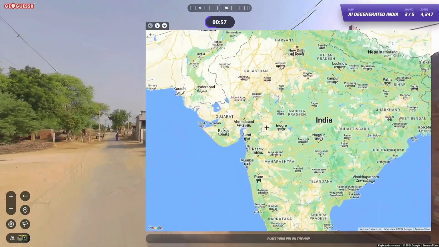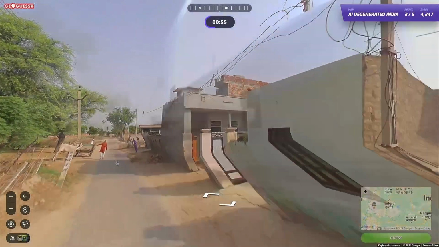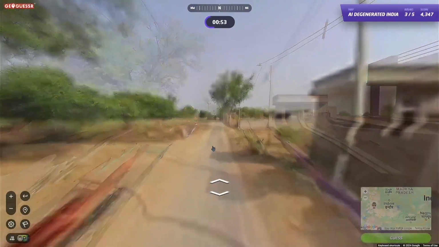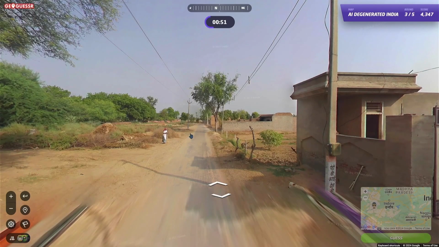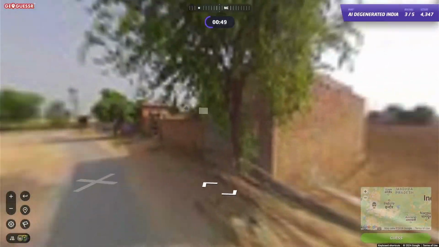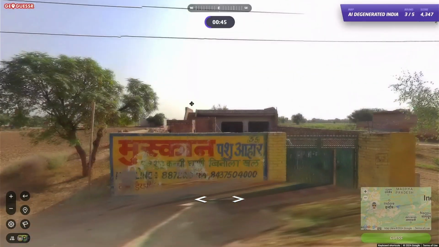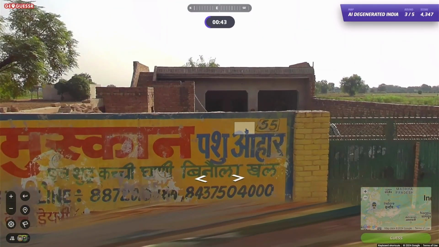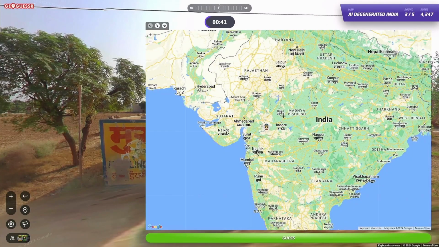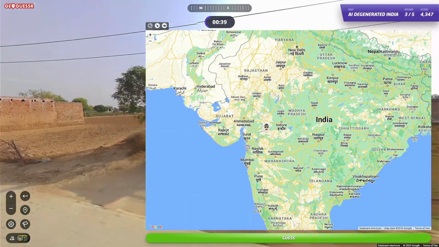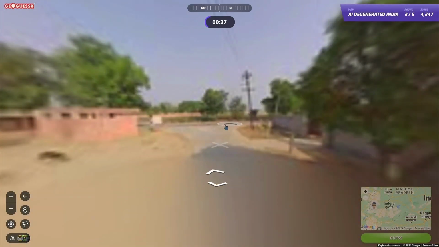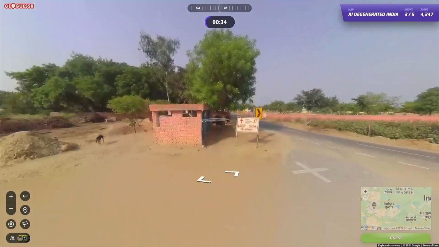Well, I think we're going to be over in this area. Obviously, we're not in Gujarat. We're either in Rajasthan or Madhya Pradesh, right? Oh, well, I shouldn't say that. Watch, we're somewhere completely different. But that's what I'm feeling. I'm feeling like we're Rajasthan or Madhya Pradesh.